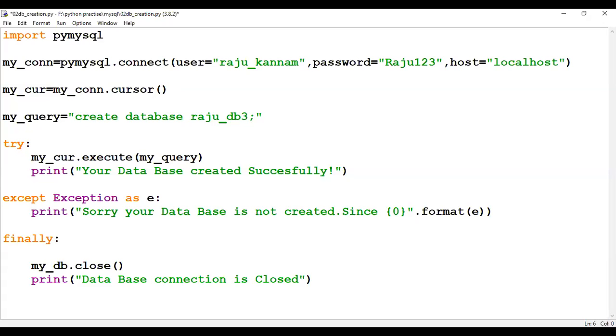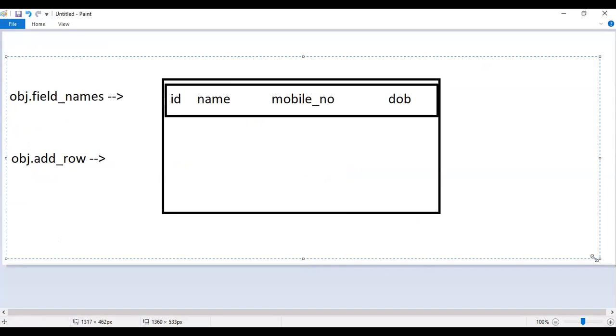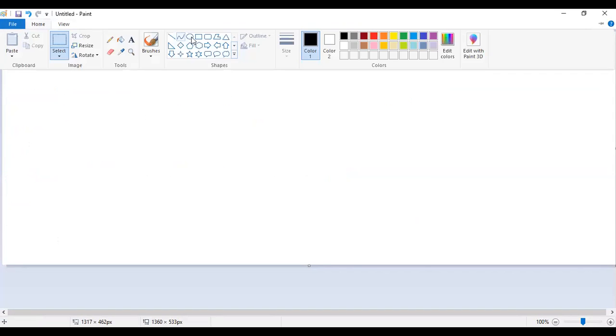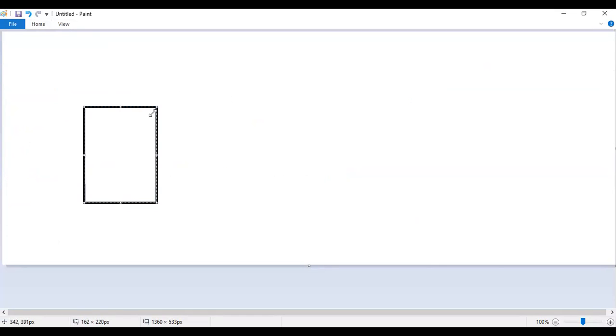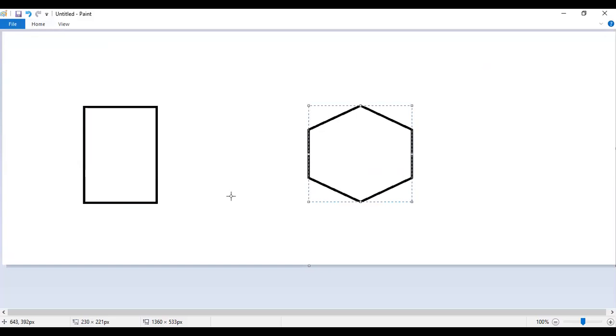Yesterday we discussed this, so I'll explain here. This is my Python program, and this is my MySQL.